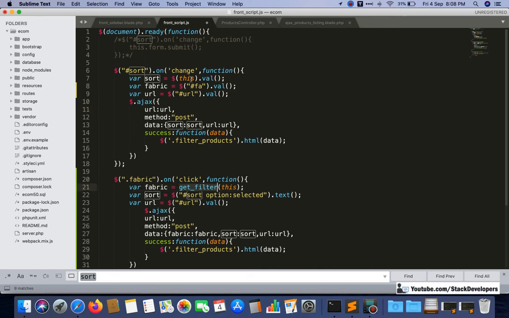I will use this get filter here for fabric, and inside this one I am going to use fabric. Now I will not use this here, I am going to use fabric inside get filter. Okay, this one is not required.